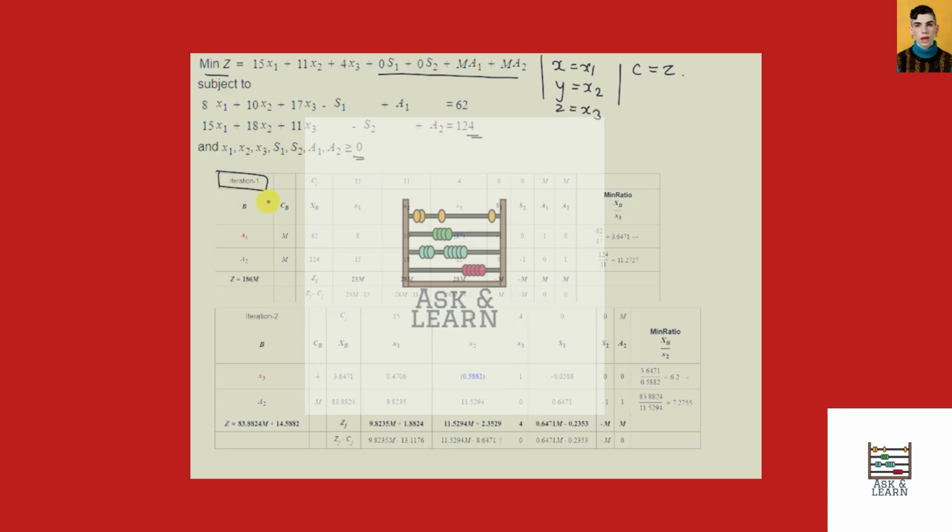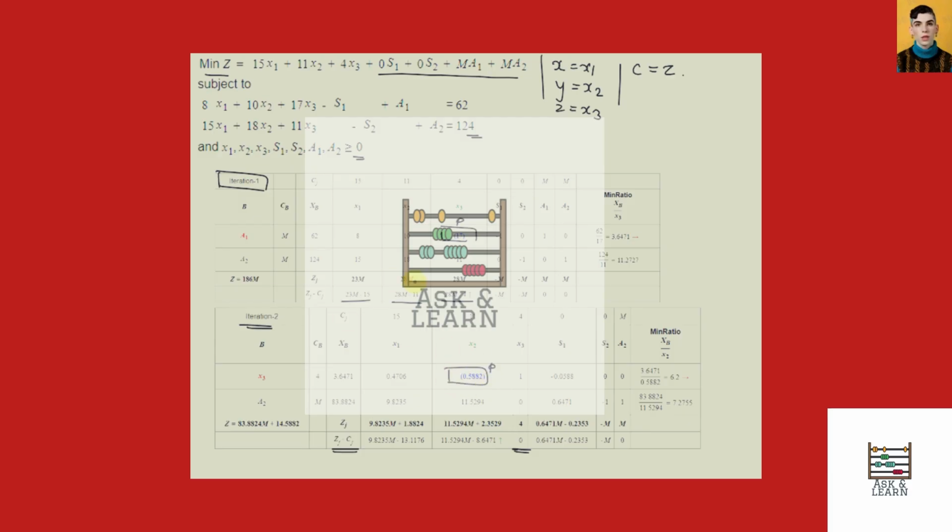Starting with the first iteration, we get all the values of zj minus cj as positive. We need them negative or 0, so we consider this as the pivot element. Moving towards the second iteration, again the zj minus cj value is positive. Only one term is negative, so we'll have to move to the third iteration, taking this as the pivot